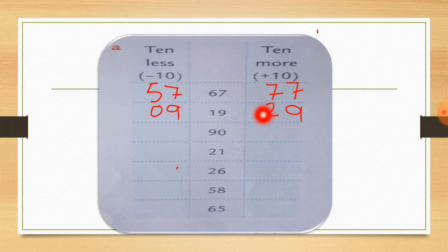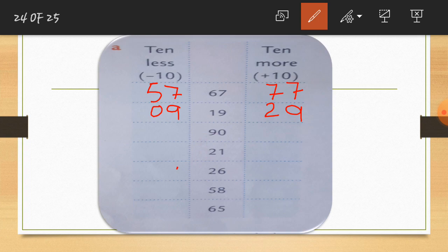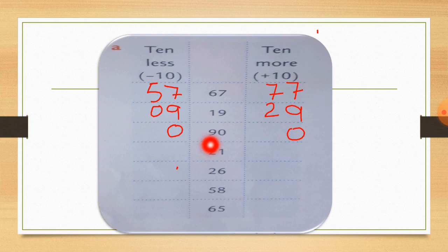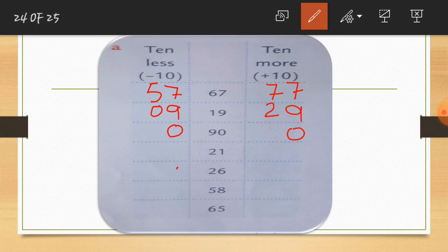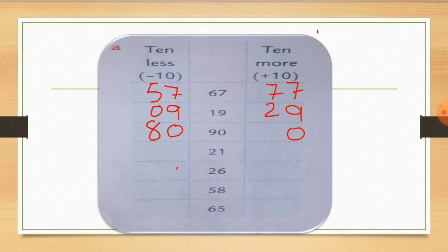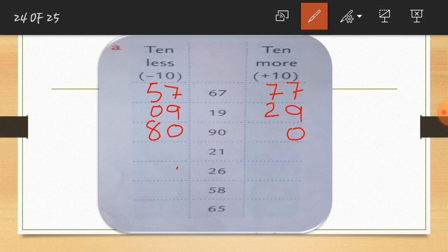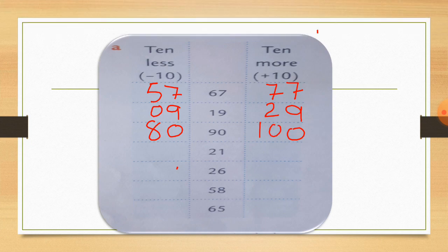So this way you have to solve the sums. Now let's see this example also. Here is the 0 at the ones place. So I write a 0 on both sides. I write 0 on both sides, you can see. Now here is the 9 in the tens place. So first we cut one from the 9. So we'll get 8. So I write here 8, and here we have to add one to this 9. So 9 plus 1 is equal to 10. So we will write here 10, and we will get our answer. So here I write 10, you can see. So you can see 90 minus 10 is equal to 80, and 90 plus 10 is equal to 100.